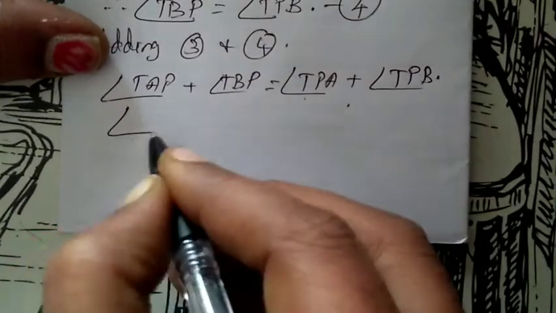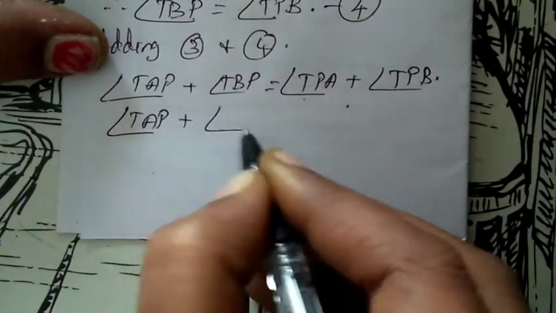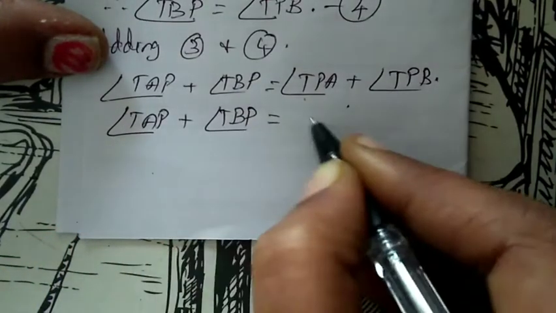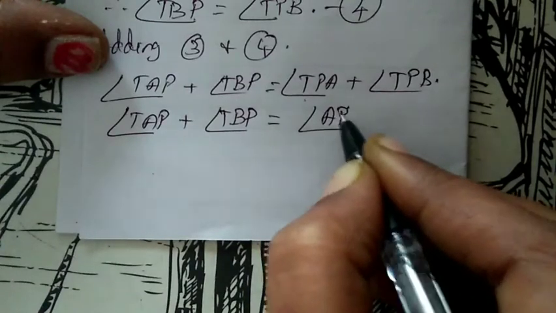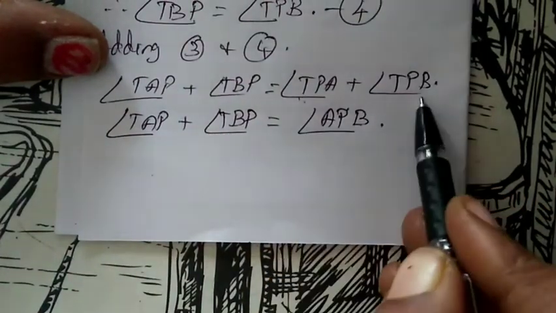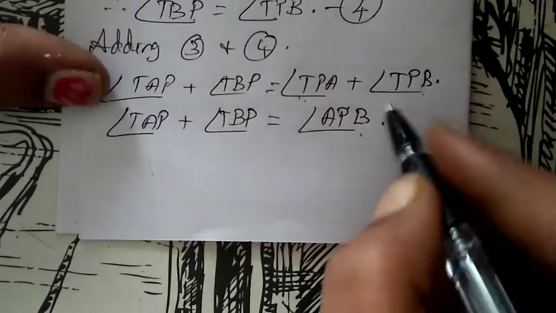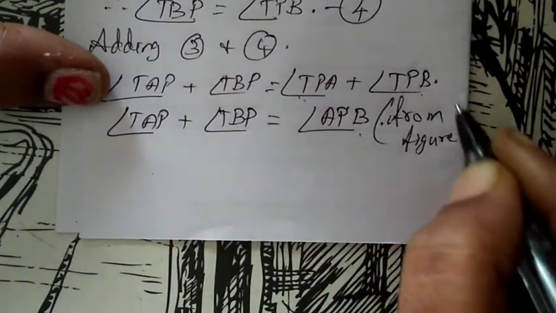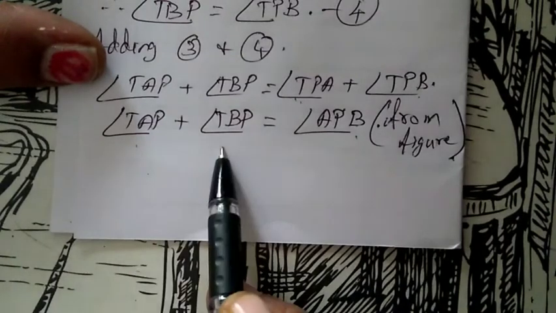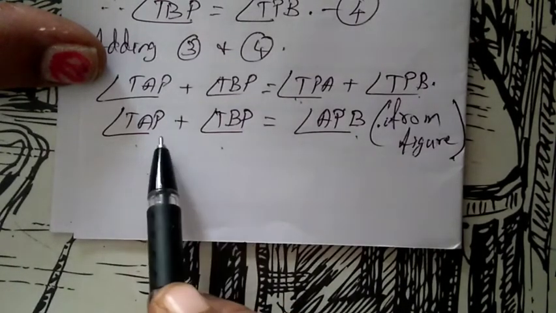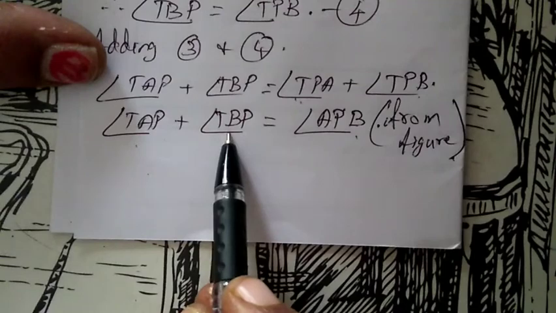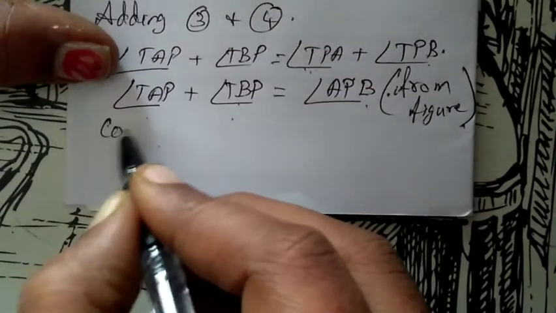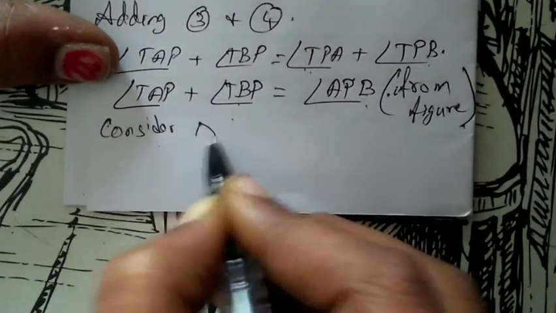So we replace this RHS: angle TAP plus angle TBP is equal to angle APB. So when we got like this, TAP and TBP, we have proved they are equal. So what we do, we consider in triangle